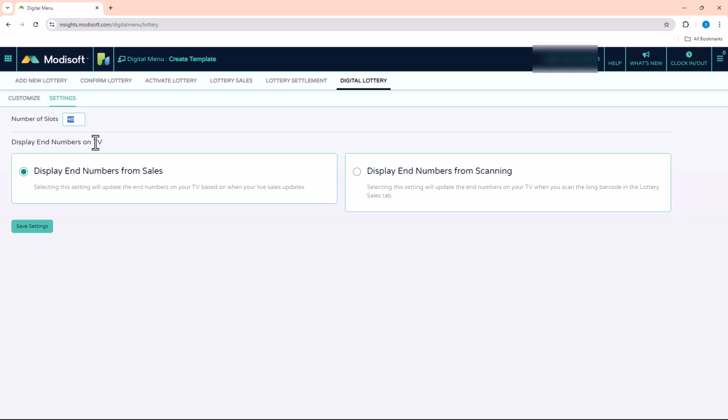So we have two different options here where you can display the end number from your sales or display your end numbers from scanning. The purpose of this first option is that whenever you are doing sales of tickets, anytime a sale comes in, then when that updates in the live sales, it will update the end numbers. For example, if you are on slot number 1 and then you sell a ticket, it will update to slot number 2